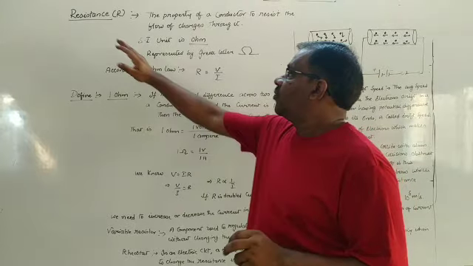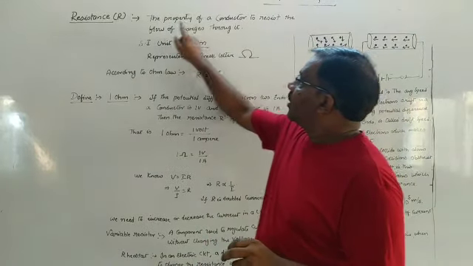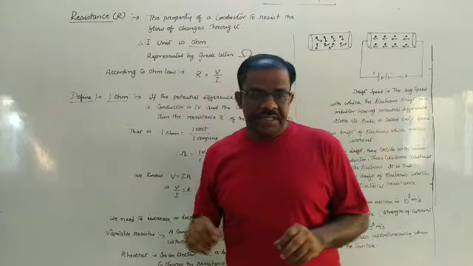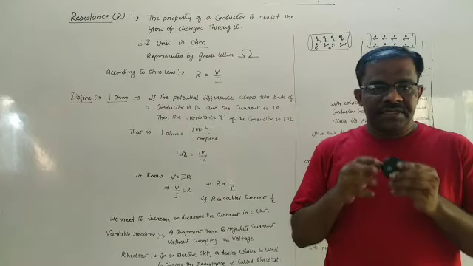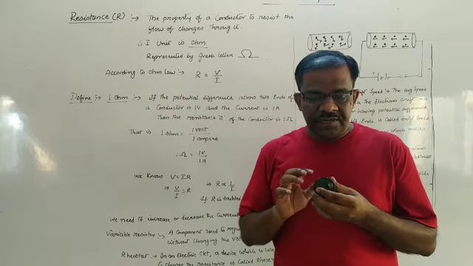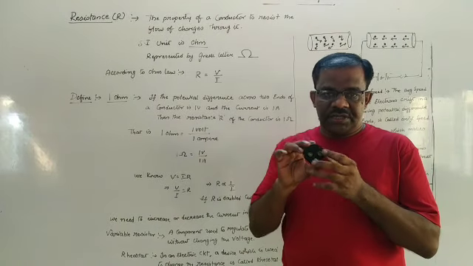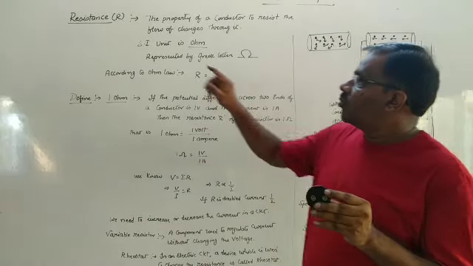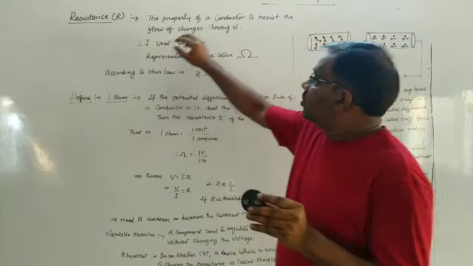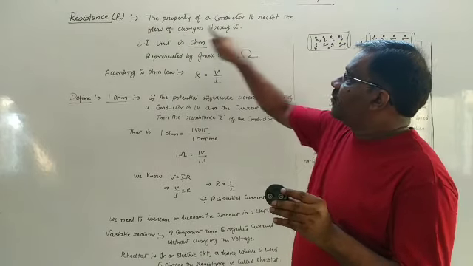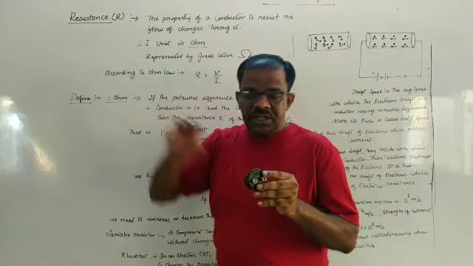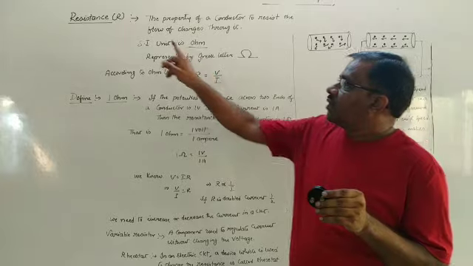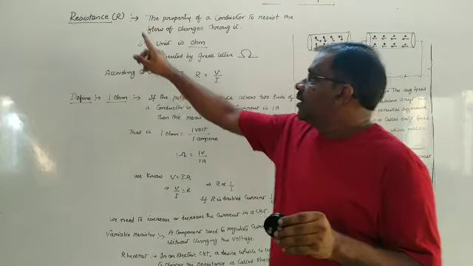So let us now understand what is meant by the definition of resistance. The property of a conductor to resist the flow of charges through it is defined as resistance. For example, when I connected this resistor, it is called a conductor. Generally, we represent resistors by this particular symbol in an electric circuit. So this resistor offered resistance to the flow of current, and the value came out to be 2 ohms in our activity. That means if it allows only some amount of current to pass through it and offers resistance, we call that property of this particular conductor resistance.